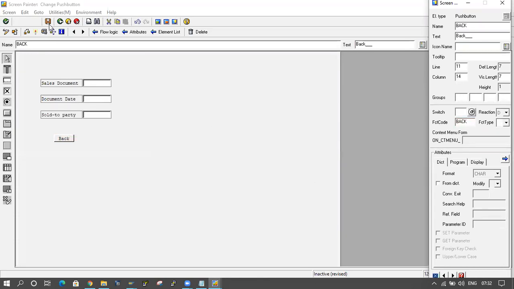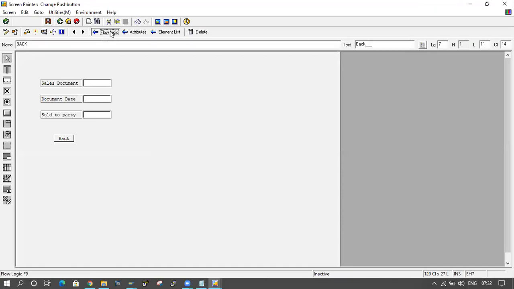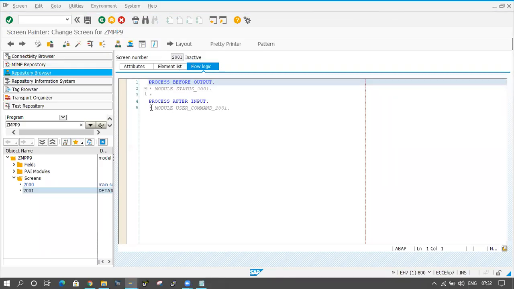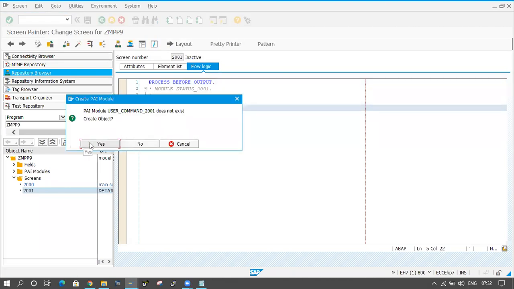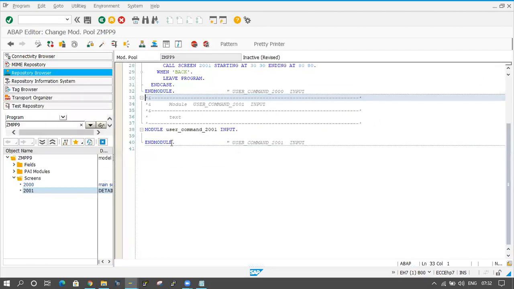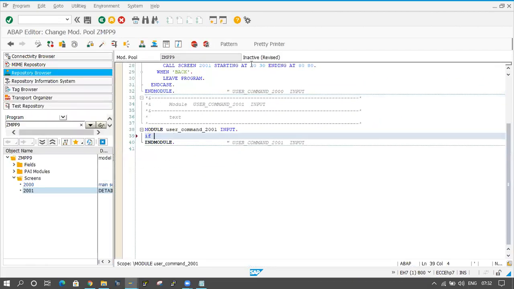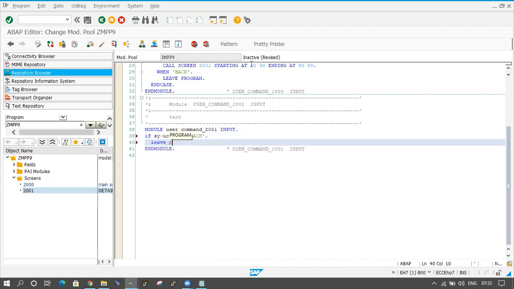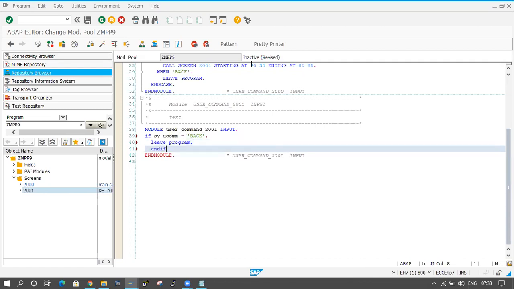Click on save button, click on logic, and here I'm applying the back button functionality. Save_ok equal to leave program ended.